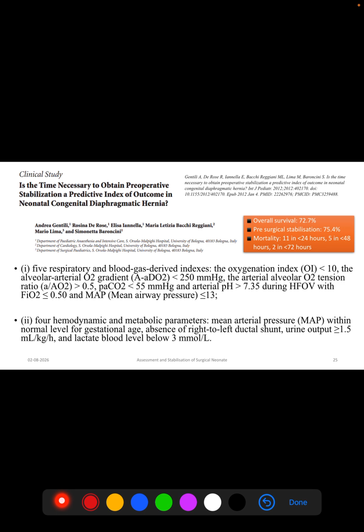तो ये जो गाइडलाइंस, ये जो पैरामीटर्स हैं, ये जो इंडेक्सेस हैं, they have discussed in the European guidelines also, in the Canadian guideline also, है ना. तो नॉर्मल आपका मीन आर्टीरियल प्रेशर अचीव हो जाना चाहिए फॉर जेस्टेशनल एज, and there should be absence of right to left ductal shunt, urine output more than 1.5 ml per kg per hour, and the lactate blood levels below 3 millimole. तो इस स्टडी में उन्होंने देखा कि